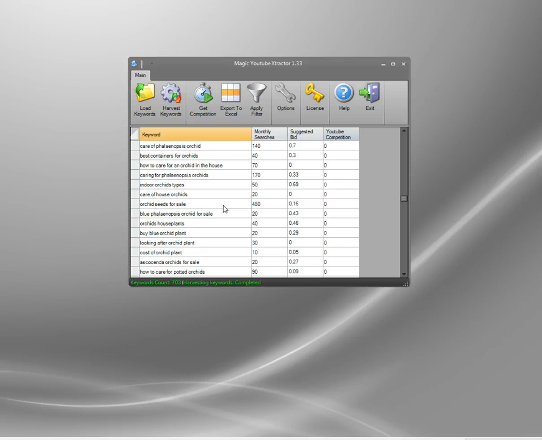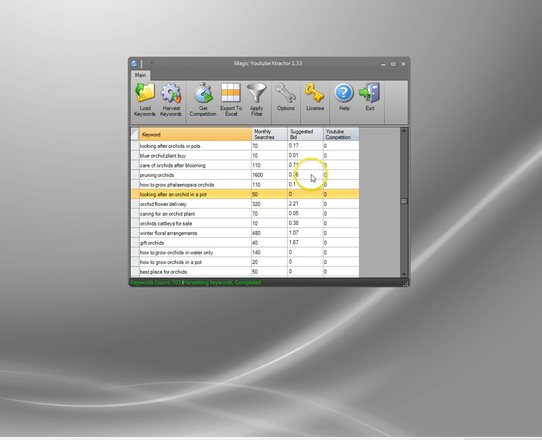Basically, if you create a video with the title, description and tags in here, you should get on the top page. Now I've been using it for ages. Very occasionally it doesn't, but no keyword, no competition, you'll get in the top 10. How much traffic will depend on the monthly searches, obviously, but the trick is to perhaps look at a combination. Now look here, we see pruning orchids, which has got 1,600